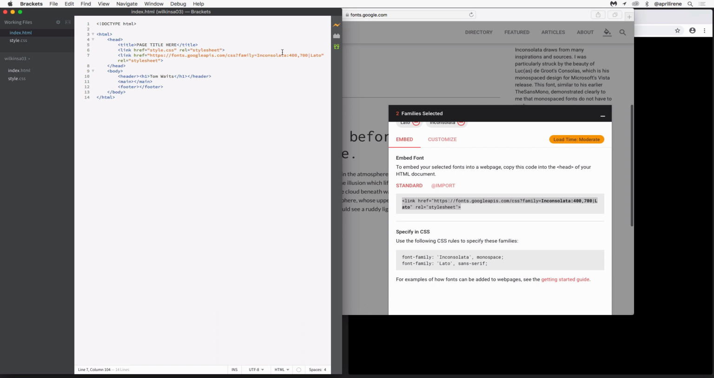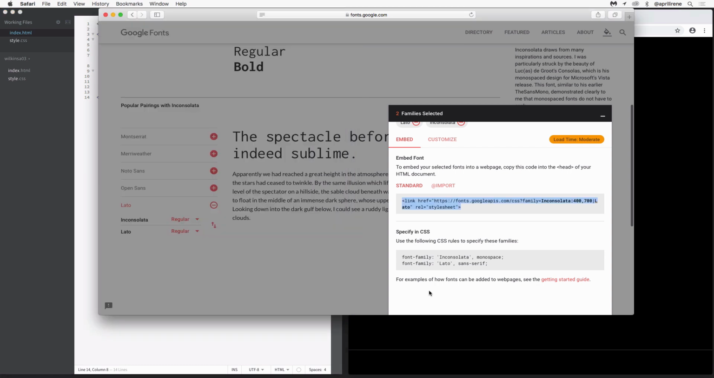In that link, I can see I have Inconsolata, I wish I could say that, 400 and 700, as well as Lato. There's no number by it because it just has the 400, the regular. So that's the first part that I need. The second part is how to give the font family. I'm going to give these to different elements, but for now I'm just going to copy them